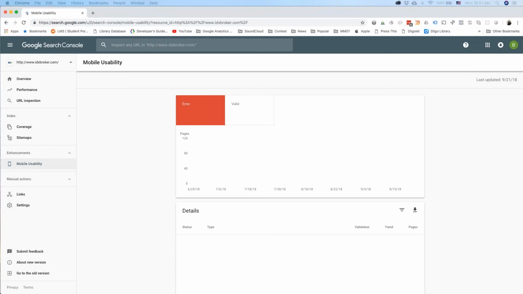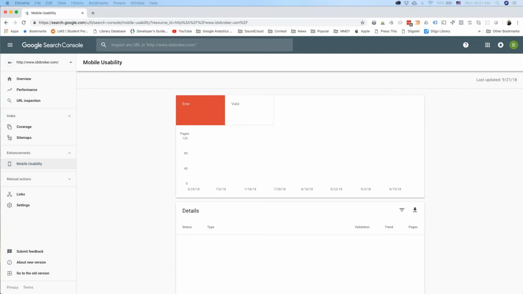So this report will tell you how many errors you have, what pages the errors are on, and what specifically the error is. For instance, we got an error recently where the content was wider than the screen, and it was because the CSS class was missing on a div, so it was just stretching wider than the screen. It was only on one page on our entire site, but we were able to discover that